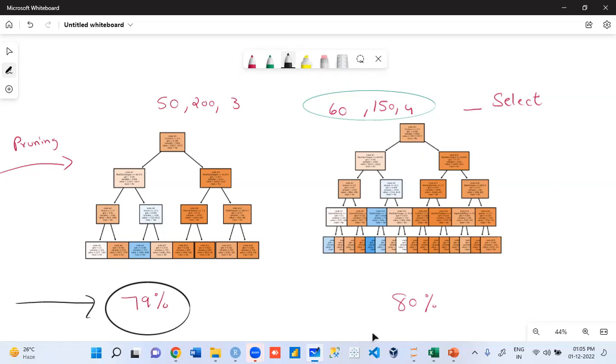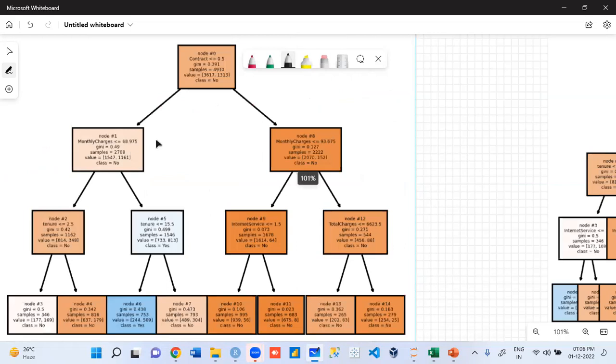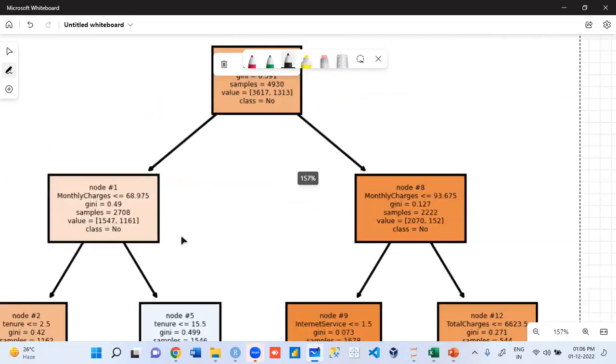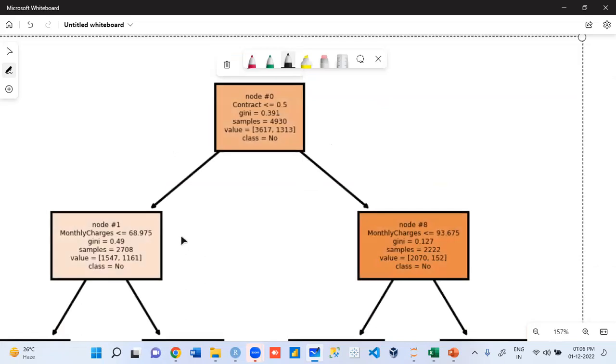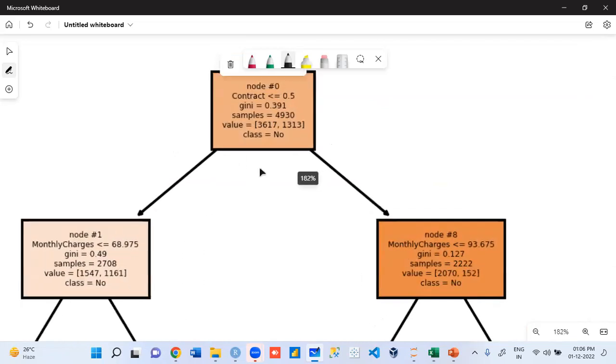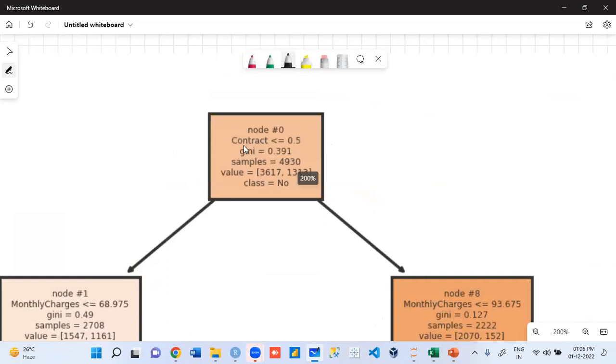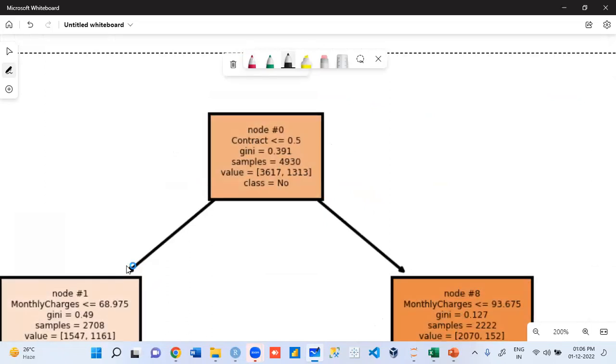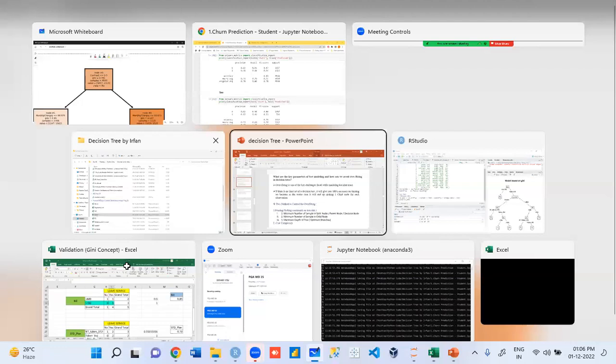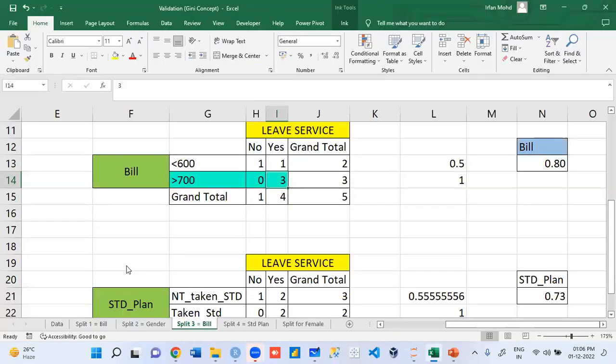Shall I move forward? Last point, I need to teach you how to read from the tree. I have taught you on pen and paper, plus with a different software output. The drawback of Python is it does not read category data. It never writes the category on the branch. In Python, we convert into 0, 1 category. So which is the first variable we have taken, guys? Let me open the main file for you. Okay, this is the Python drawback.